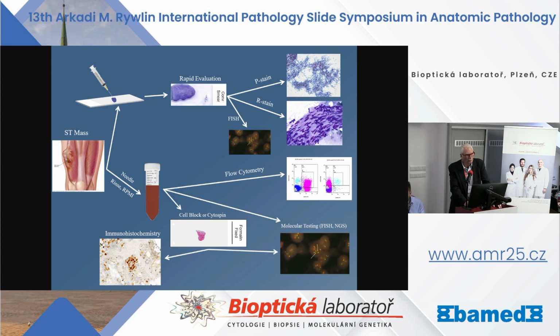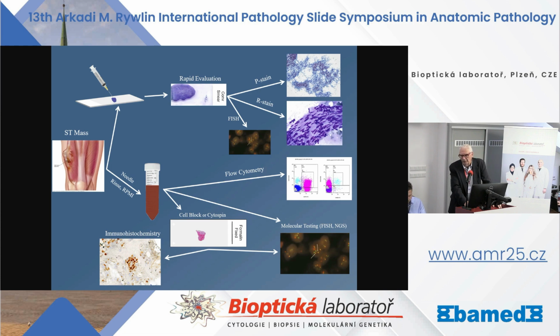What do I do? I do 3 passes. I use a 21 gauge needle. Sometimes it's a 1-inch needle, most times it's 1.5 inch, and for deep masses I have used a 2-inch needle. After we expel the material onto the glass slide and make our conventional smears, we then rinse each needle pass